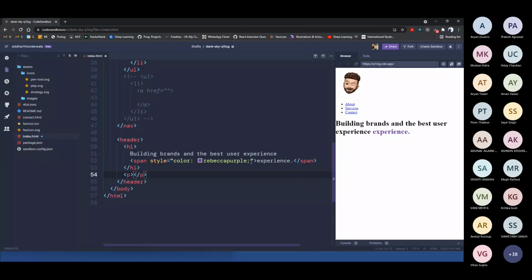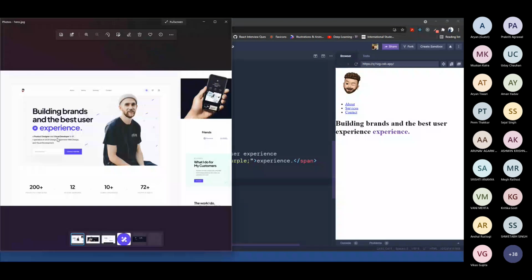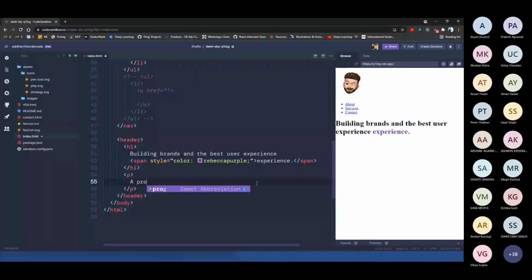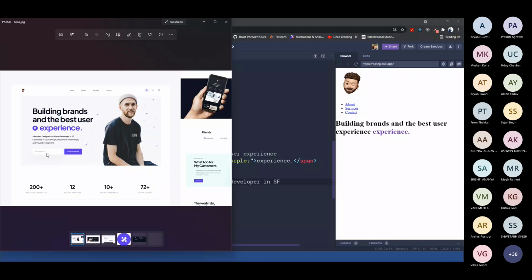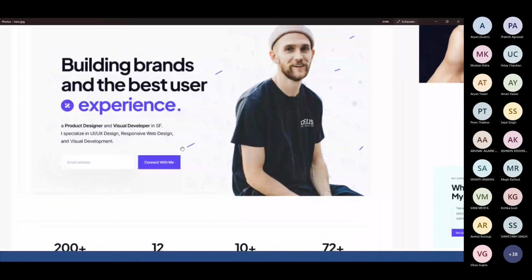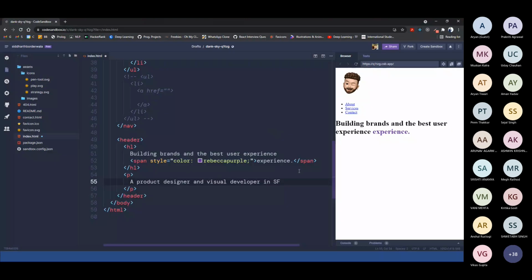Now we have the brief description followed by the heading, right? Yes, a product designer and a visual developer. Okay, product designer and visual developer. SF is short for San Francisco. Okay, so you might be able to see that product designer and visual developer, they are in bold. So what we can do to implement that is,